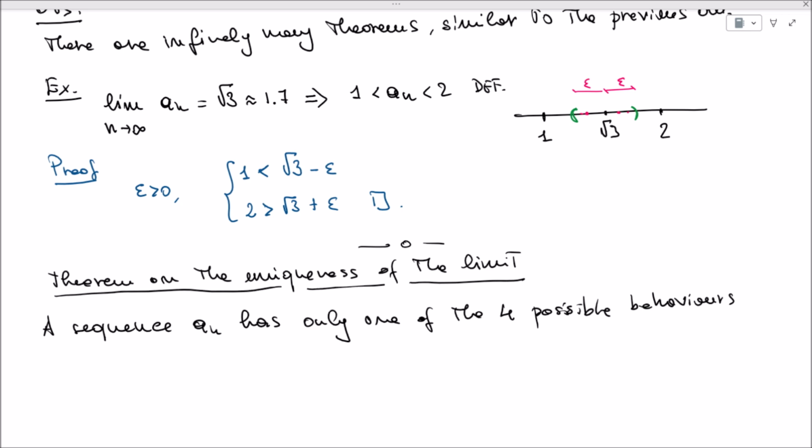And remember that those behaviors were 1, where we have a real limit, 2 divergent to plus infinity, 3 divergent to minus infinity, and 4 no limit. Furthermore,